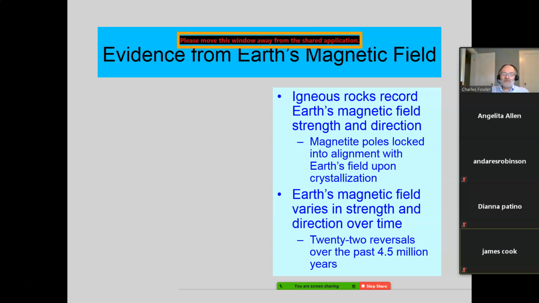The Earth's magnetic field over long periods of time has actually changed in field strength and in direction. And for the life of me, I cannot come up with any concept of how this could be true. The closest I can come is saying that, like many other things in nature, it follows sort of what we call a, what's the word for it?